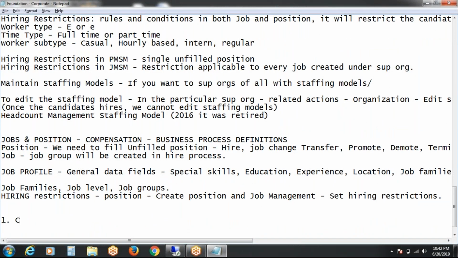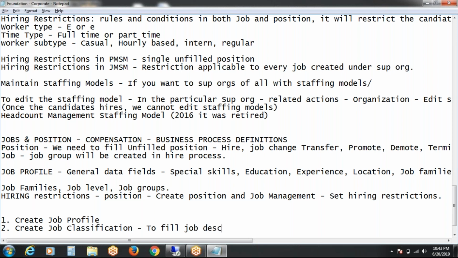So what are the tasks that we need to create here? In the job profile, we create job classification to fill the job description. I mean, what are the job description details? What is the candidate profile that you require?